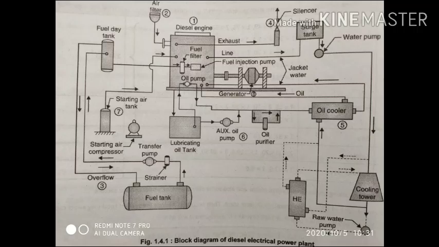Next one is the engine lubricating oil system. This system is of great importance and is provided for lubrication of the moving parts, removing the heat from the cylinders and the bearings, helping the piston rings to seal the gases in the cylinder, and for carrying away the solid dirt particles from the rubbing parts. The life of the engine and its efficiency depend largely on its lubrication system. The parts of the engine that require lubrication are pistons and cylinders, gears, crankshaft and connecting rods, bearings, etc.